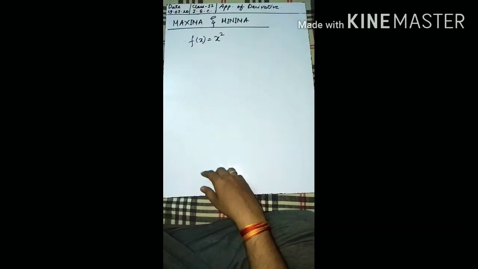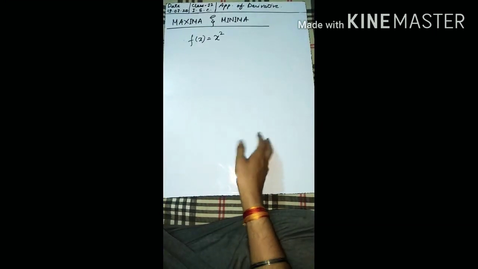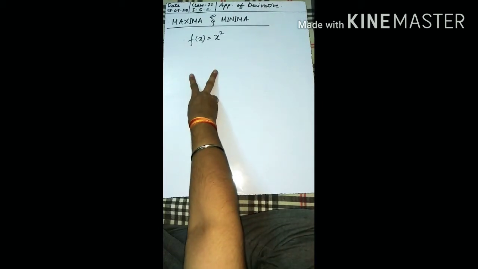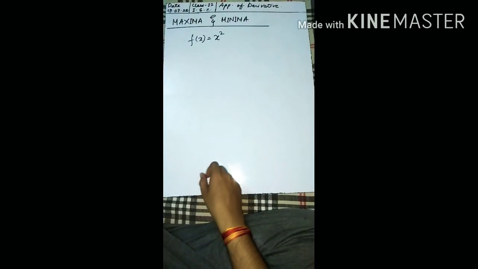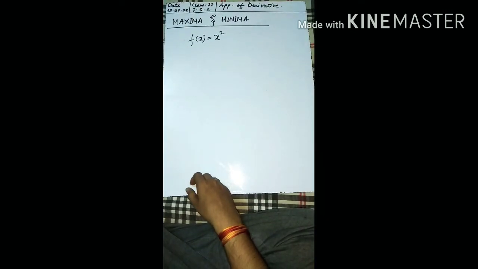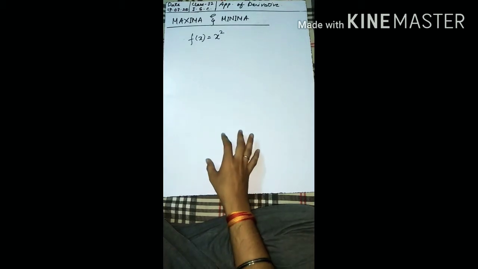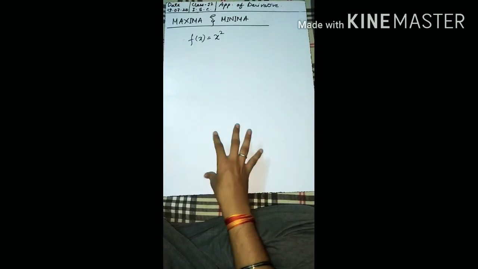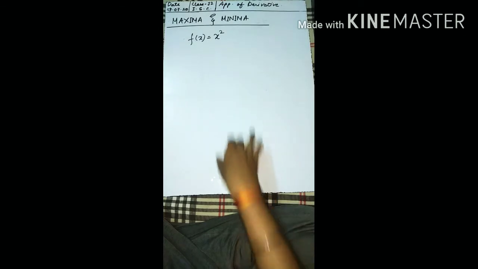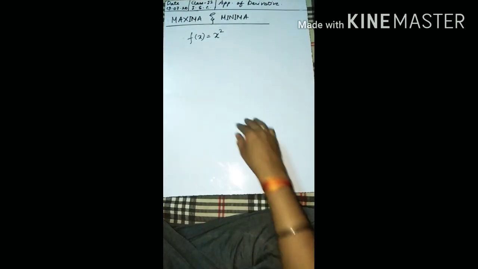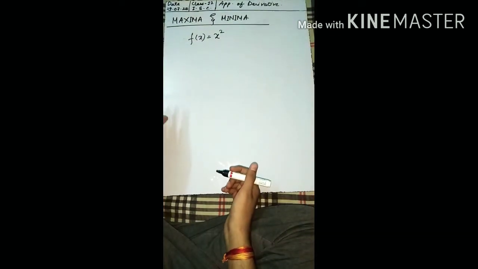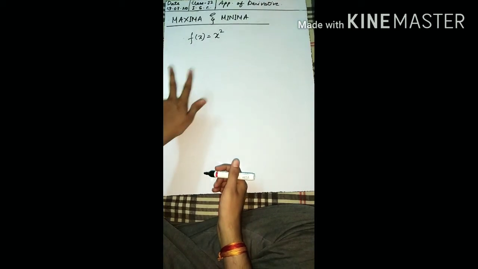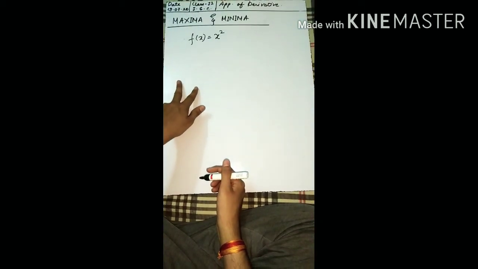All right, let us understand the concept again from this function: f(x) is equal to x square. X square means it is a 2-degree equation, a quadratic equation, and we know the graph of the quadratic equation is a parabola. So let us see how the parabola is drawn with this function and what is its maximum and minimum value, or maxima or minima. First of all we need the domain of this function. So what could be the domain of the function?